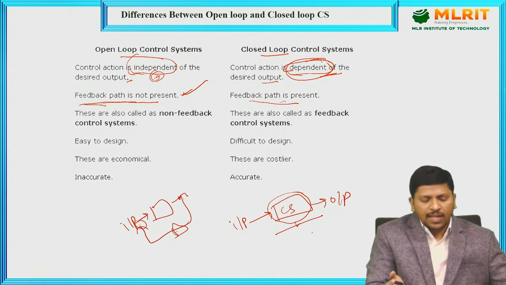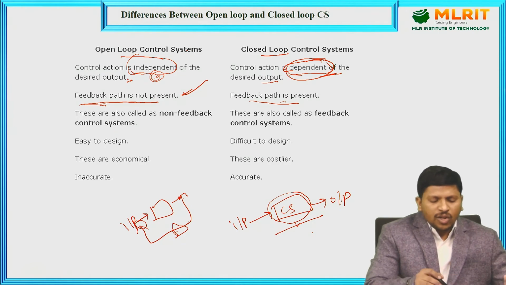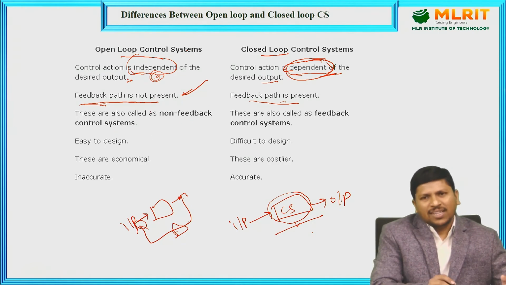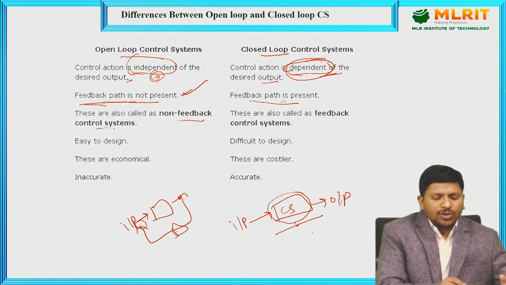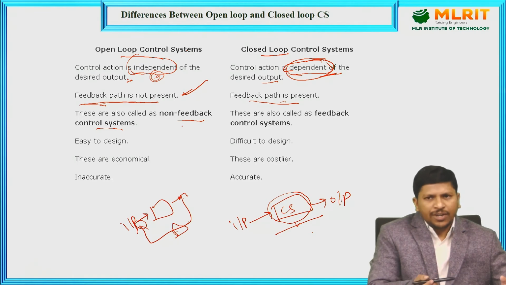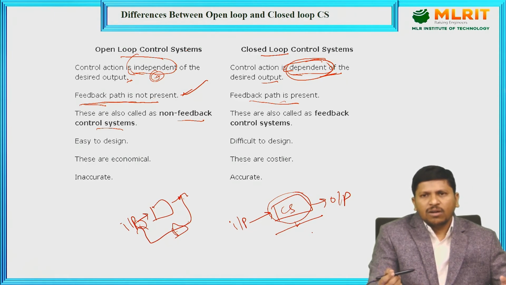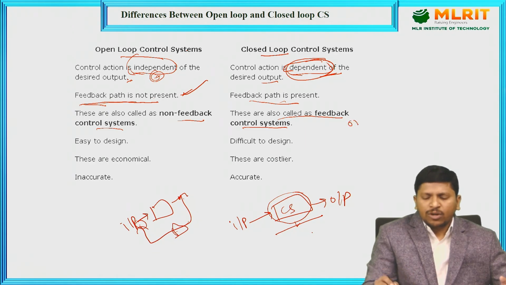This is the difference. Now, open loop control systems are also called non-feedback control systems, since there is no feedback available in them. In a closed loop control system, the feedback is available, that's why we call it a feedback control system. Or else, one more name for the closed loop control system is